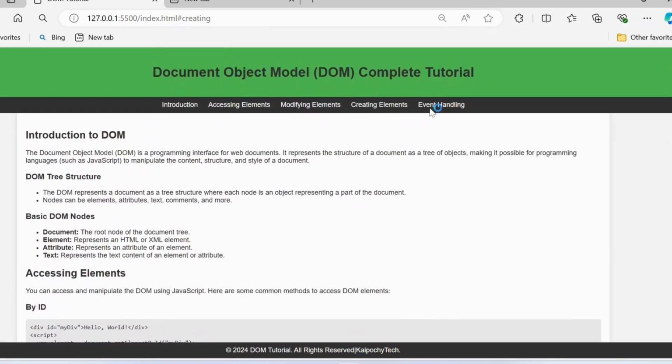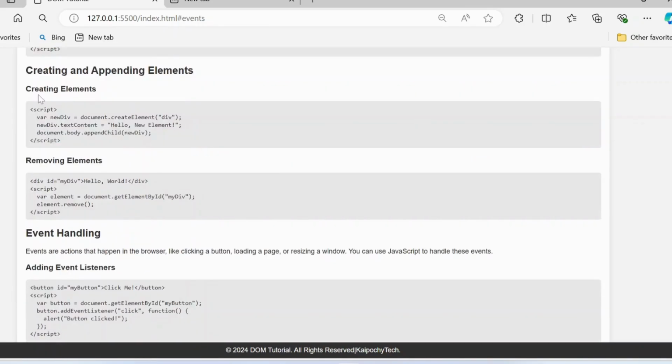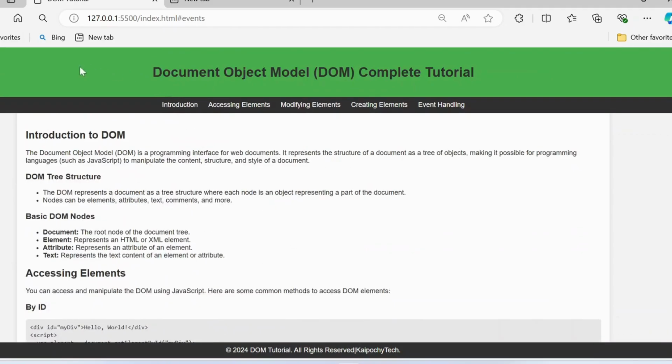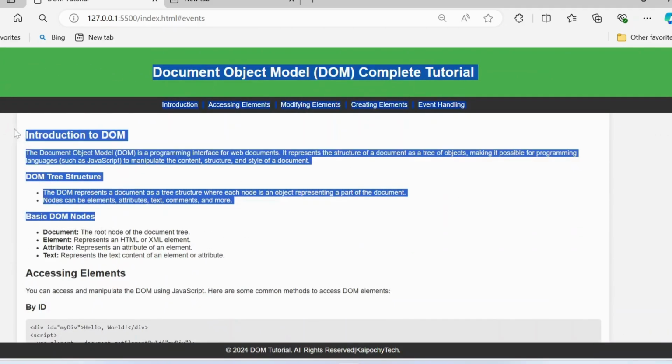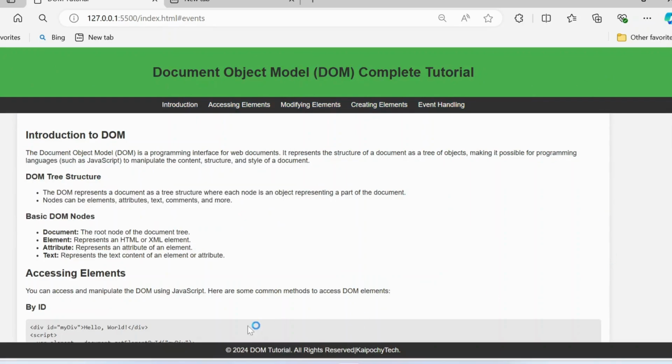And then there is event handling. What is event handling? Basically removing elements, adding event listeners, and so on. So this is the short project that we're going to create at the end of this tutorial. So let's